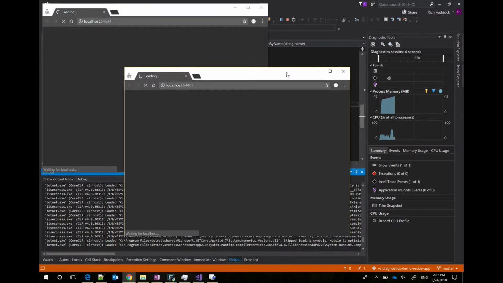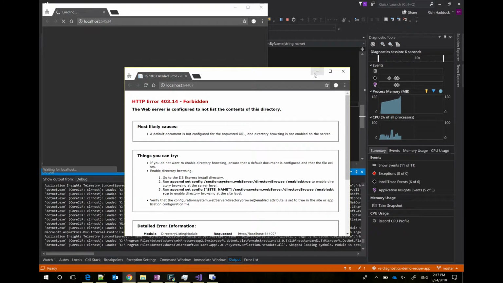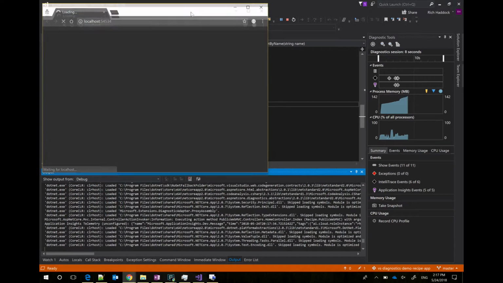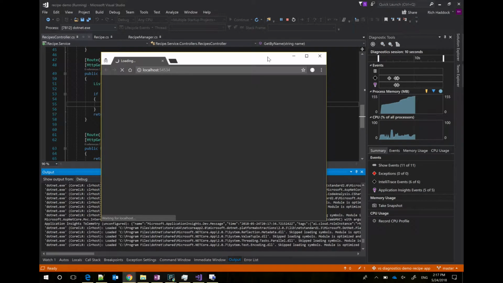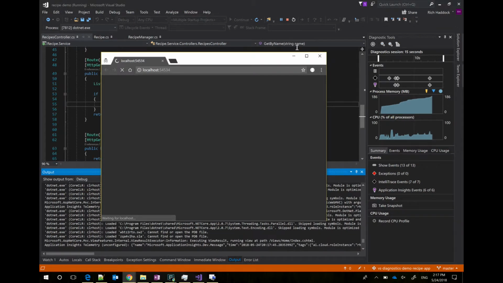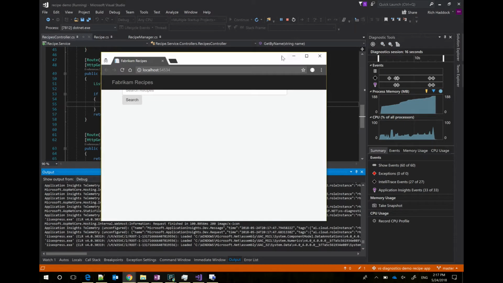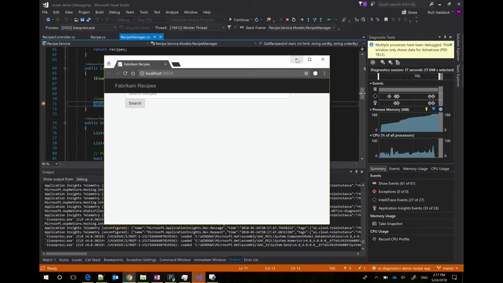But we will try to look at it. You notice that the null came in recipes. And I want to look at this recipes value and see why I'm getting null in it and see what's in there. And I should probably debug the performance of Visual Studio too, but that's a different talk.